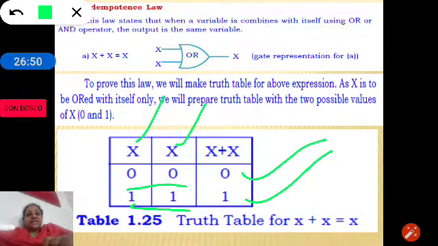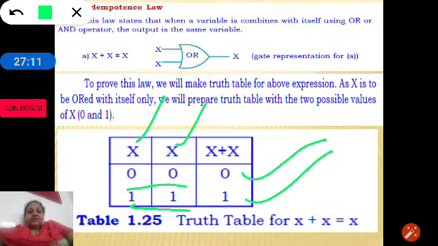So, we can say that x plus x is equal to x. So, this is the proof using truth table method, and previously we proved it using the perfect induction method.